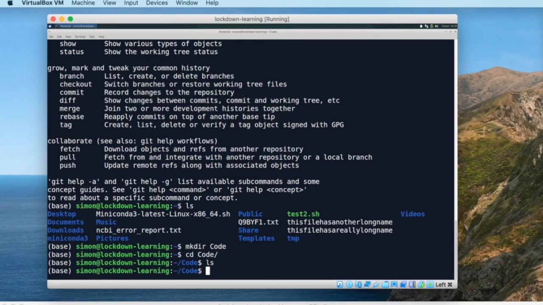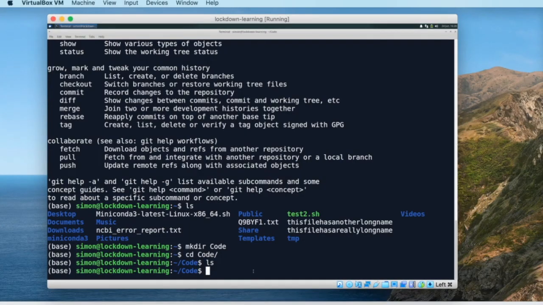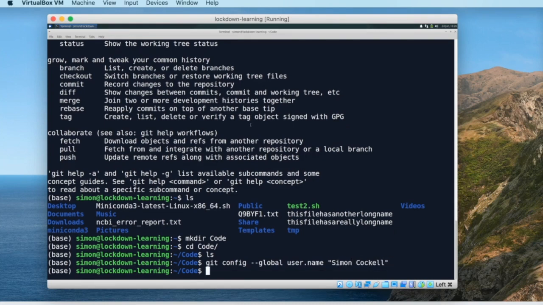So actually the other thing I want to do, bear with me a second. There we go. So we've got a new installation of Git, so we need to set it up. So we're going to do git config --global. So I'm going to change the global config. I'm going to add a user name, user.name, my name, then git config --global user.email,